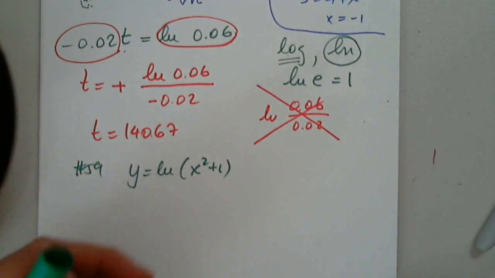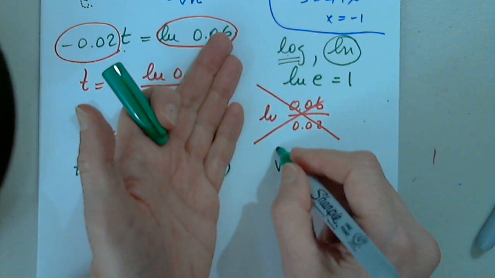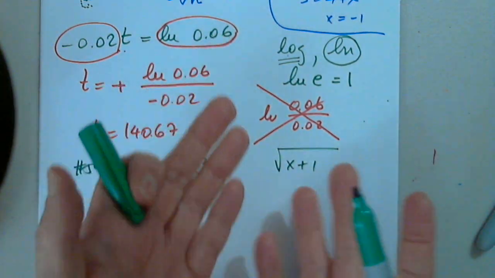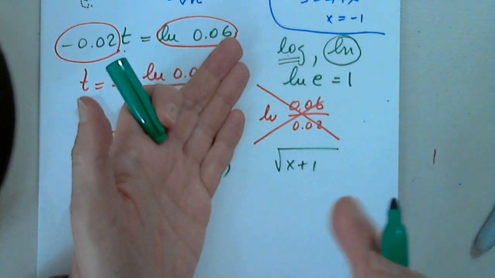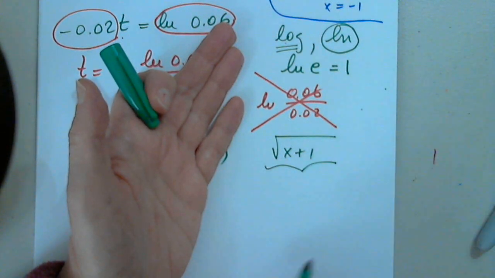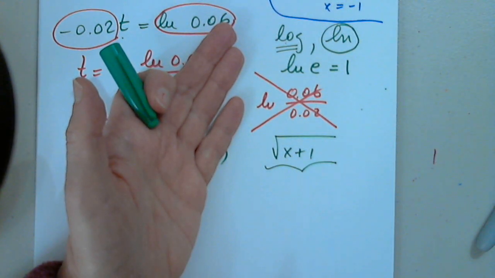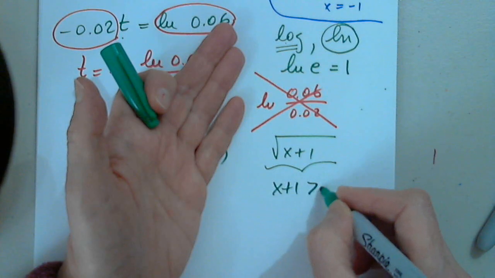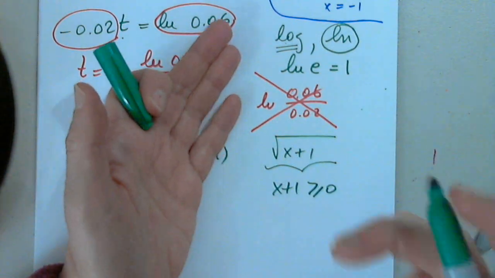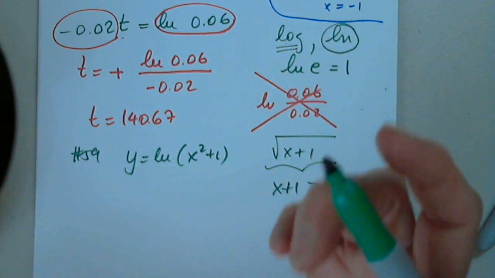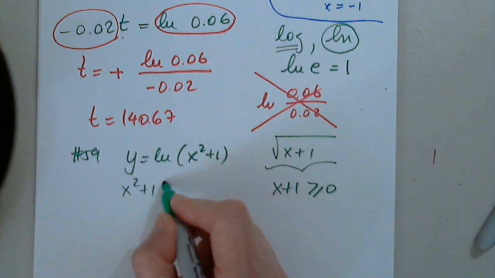So let me refresh our memory by comparison. When we had the square root of x plus 1, to find the domain of this, you can say it's not the same function. Yes, I know. I'm just comparing for a moment. How do I find the domain of this function? What do I have to write? That x plus 1 is greater or equal to 0. Excellent. In the same way, here, I have to write that x squared plus 1